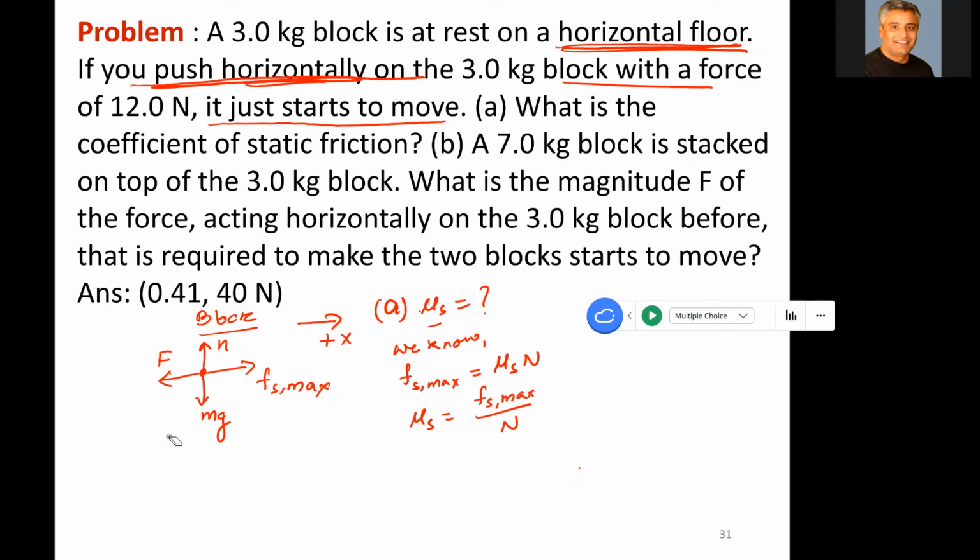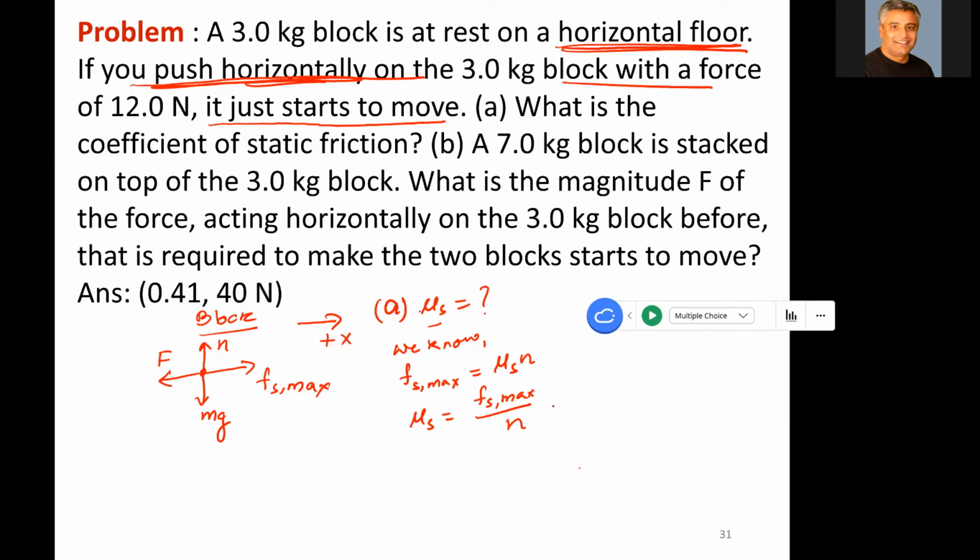So in the free body diagram, I wrote normal force as a lowercase n. Here I'm writing uppercase N. I'm pretty sure I'm confusing you guys. What should I do? Should I use lowercase or uppercase? Should be lowercase because we're talking about the normal force and not newtons. Okay, so let me replace that. Yes, in some places in my slide, there are uppercase N, okay? I'm sorry about that. So that's that.